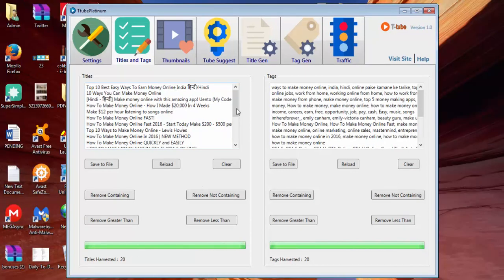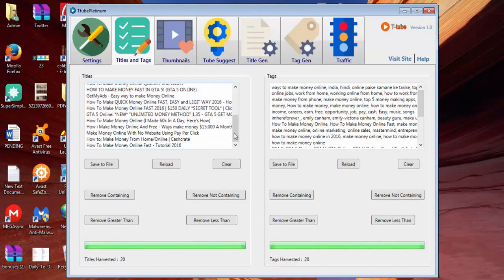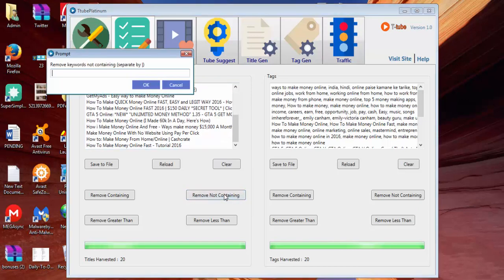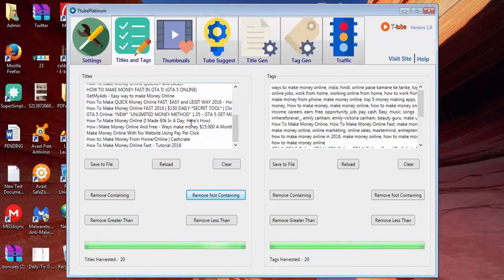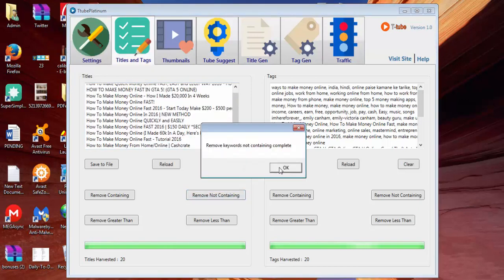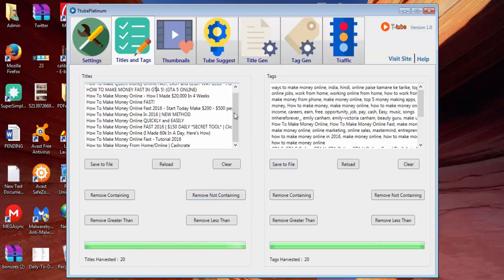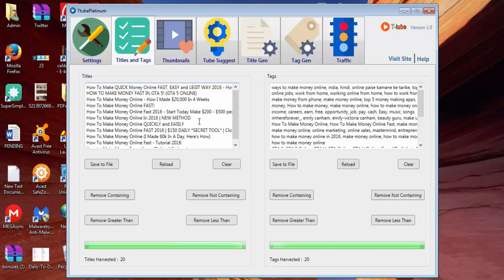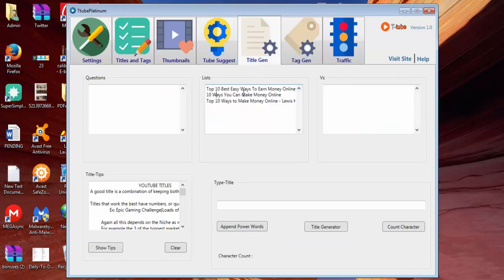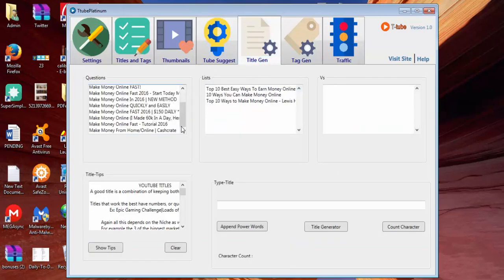I'm going to remove all of those titles which don't begin with a question related keyword like how to. As you can see, there are over 11 keywords which begin with a question related keyword like how to. And once again, we will just copy this and paste it for further research.